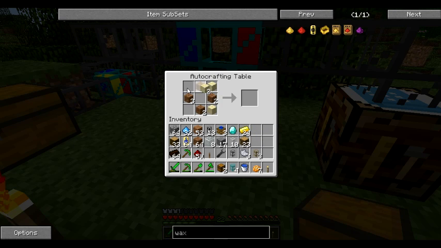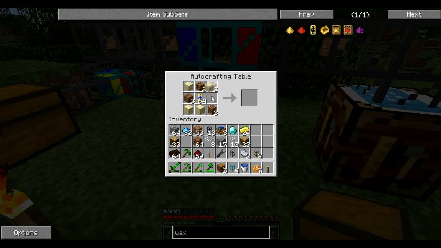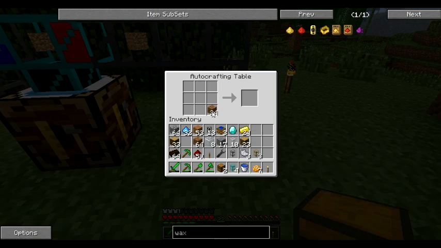So we'll put sand there, water there. There's sand in the middle. Yeah, there we go. Alright, there's our bog earth. And here